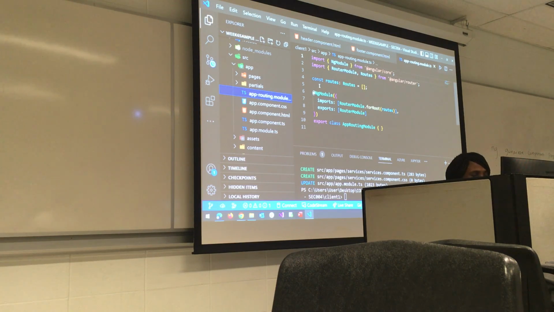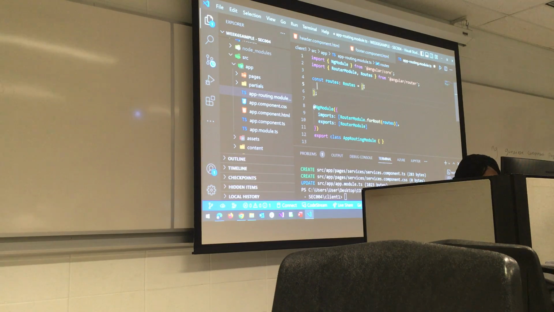Where you have that variable declaration, const routes equals routes and an empty square bracket, we are going to put the path to the routes so that each of the pages can link up with each of the elements on the nav bar. So I will open up the square bracket, enter.